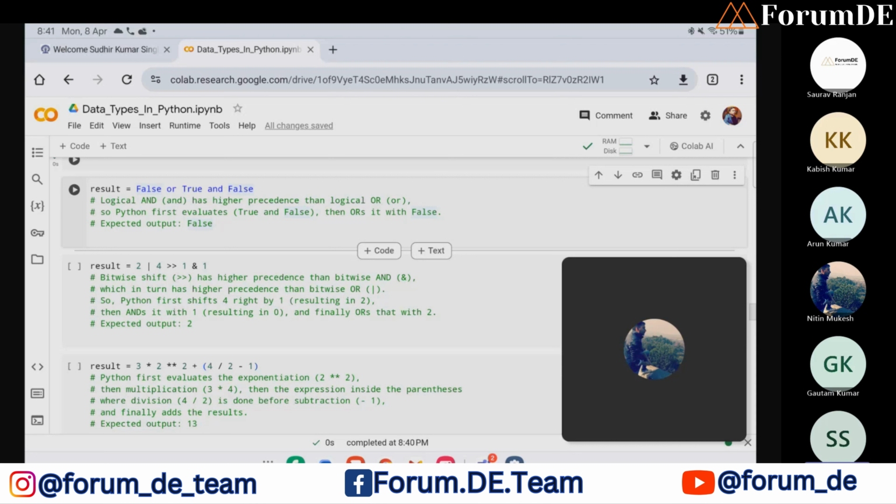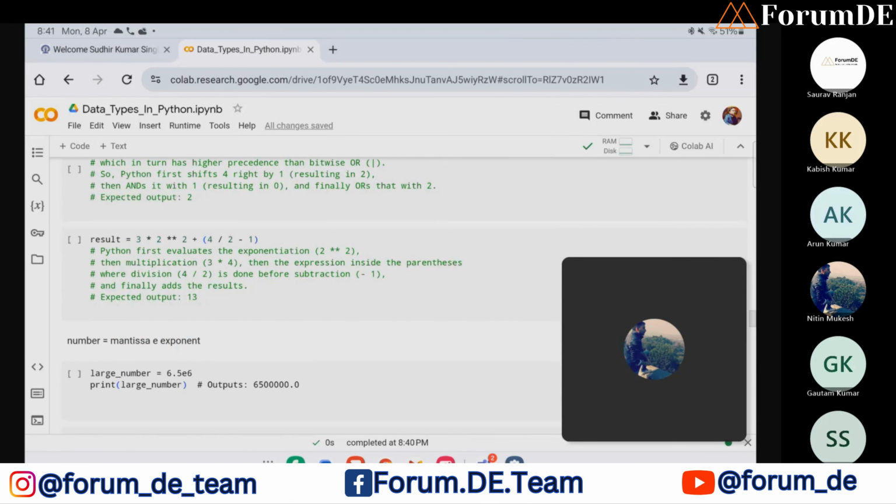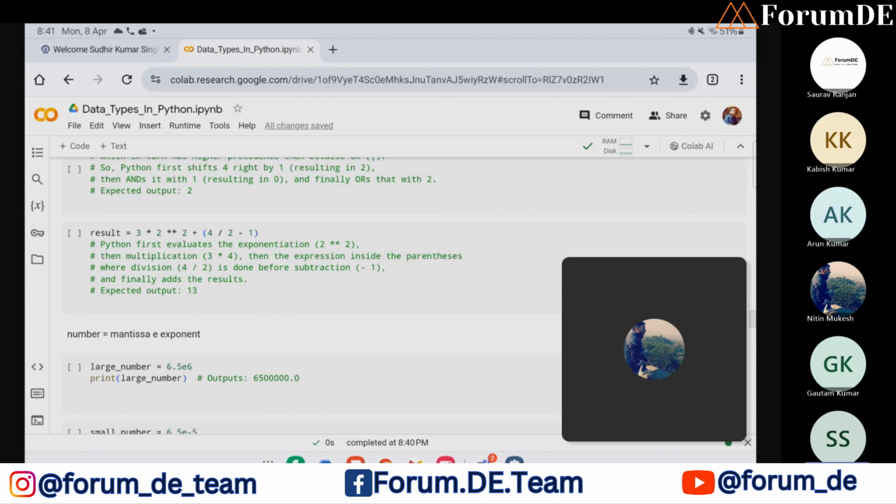And similarly, this is the sequence in which the calculation will take place. First, bitwise shift will be performed, then bitwise and, then bitwise or. So next we have 3 into 2 exponentiation 2 plus 4. So this is just some BODMAS.